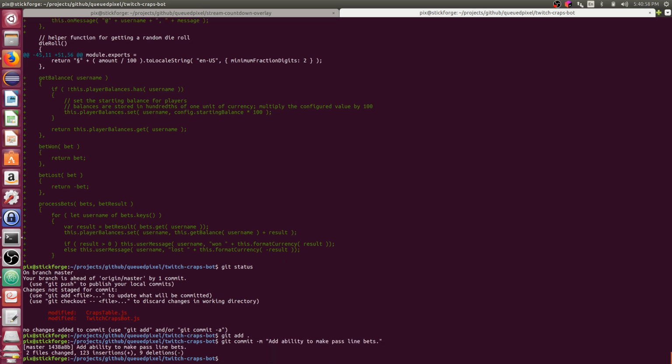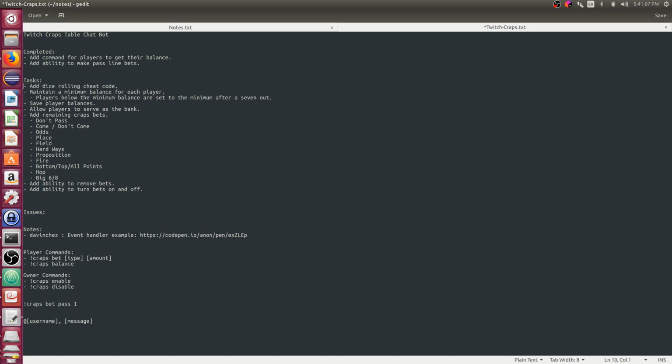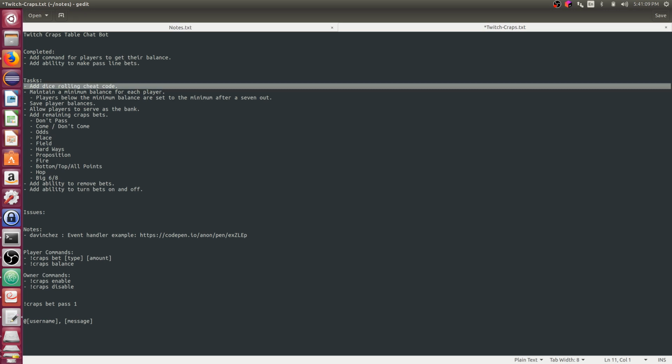Now that's done. That's a pretty major block of work there. 123 lines of code added, 9 deleted. Next up is the dice rolling cheat code.